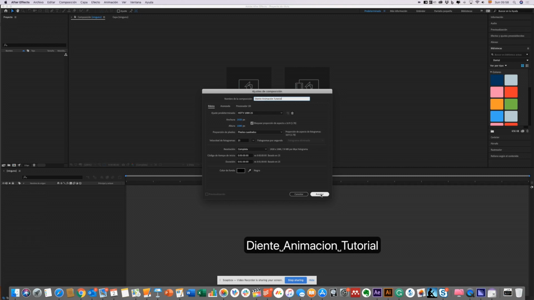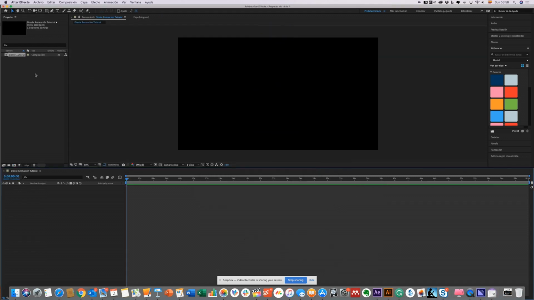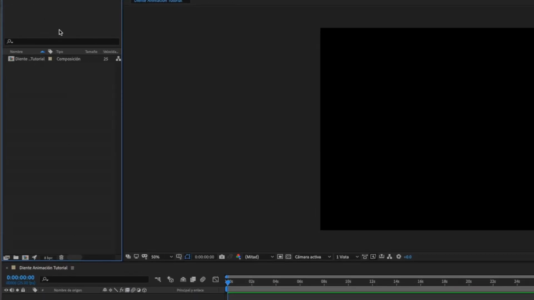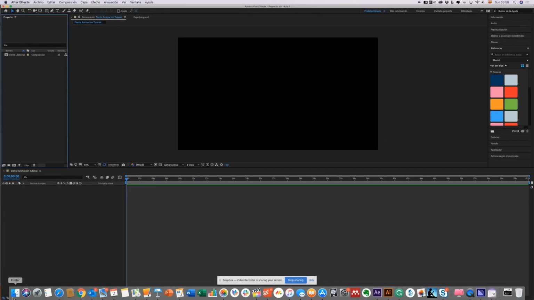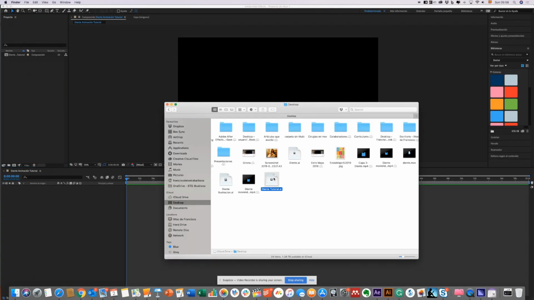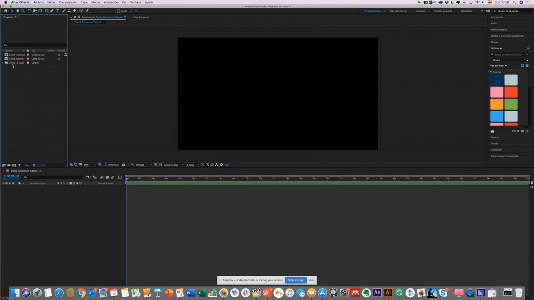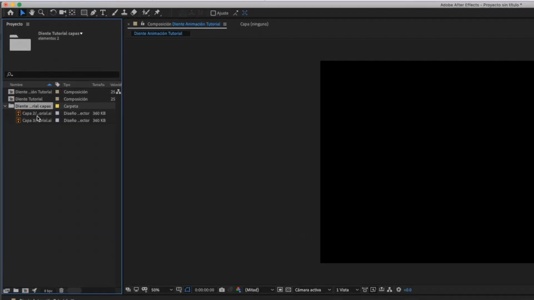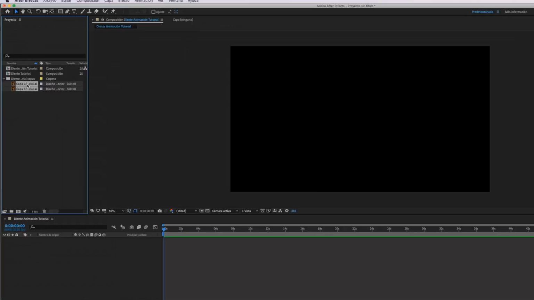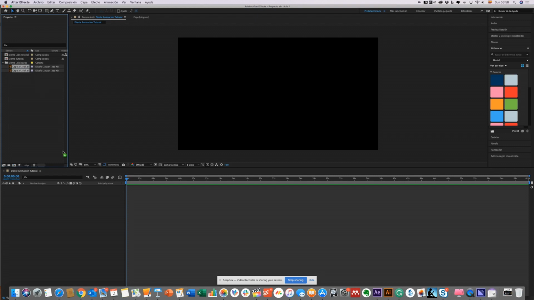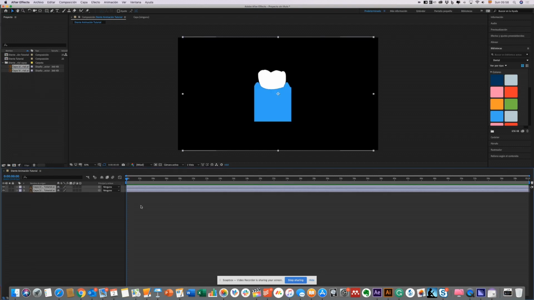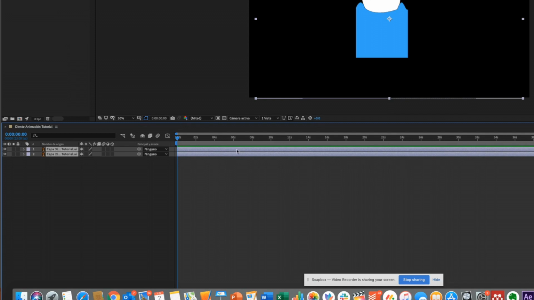so whatever you put, you choose the name, and now we have to import our illustration. So we are going to grab our illustration and import it as a composition. As you can see, there are some more files there, and there is a folder with two layers. These two layers that are Illustrator files, we just drag and drop into our timeline, and in this timeline, as you can see, we have the